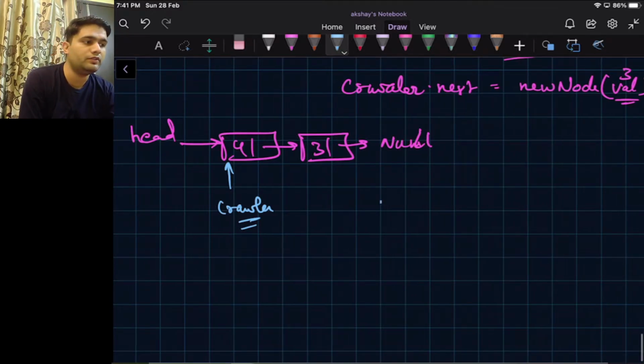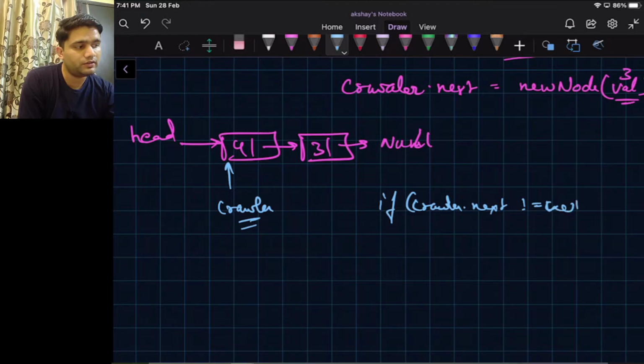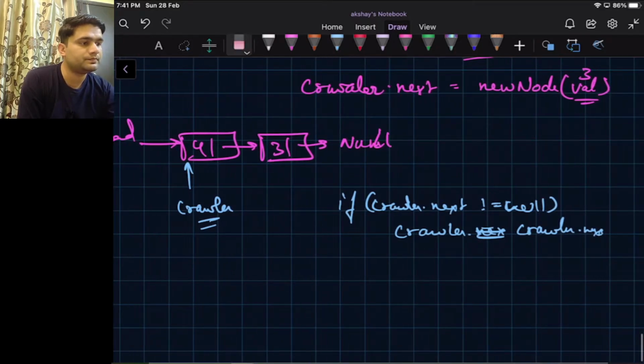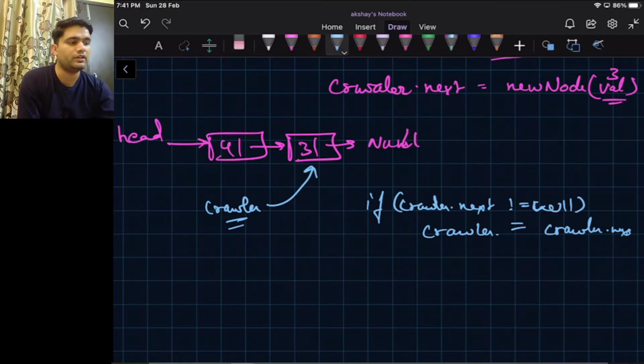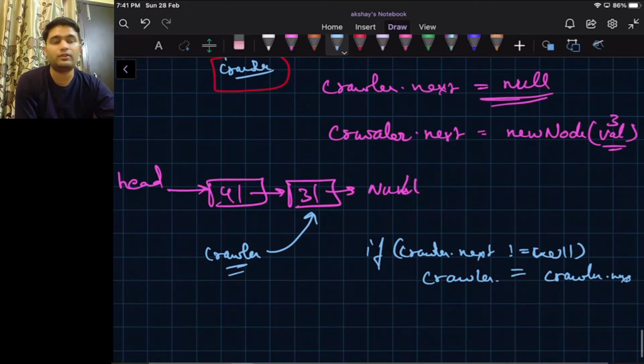So what we will do, if crawler dot next is not equal to null, we can do crawler is equal to crawler dot next. Okay, so after this this pointer will get removed and crawler will point to here, and now we can see that crawler dot next is null.